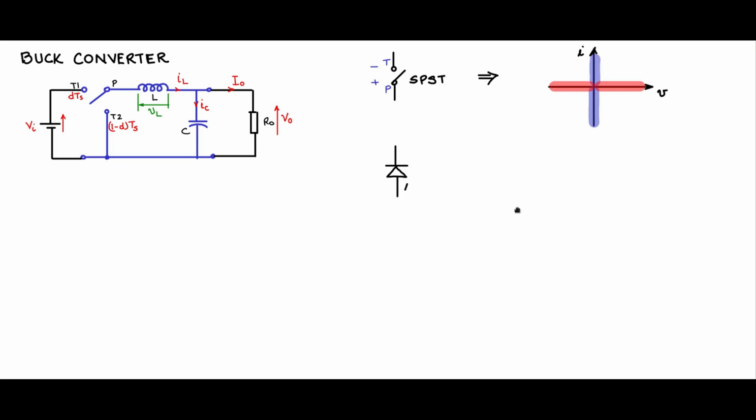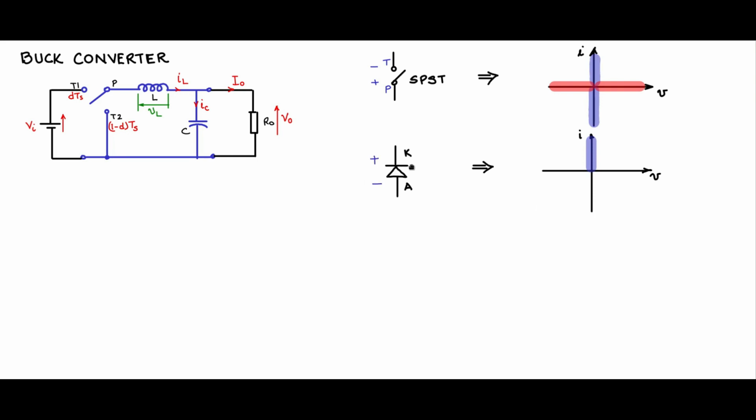Now take for example another switch, a diode. A diode is a switch with the anode and cathode like this. How is its static IV characteristic as a switch? Does this device allow current flow from anode to cathode? Yes. If we call that the positive direction, then this is the set of operating points. Will it allow negative direction current flow, that is from cathode to anode? No, that will not be allowed by this device. Therefore, there are no operating points on the negative axis of I.